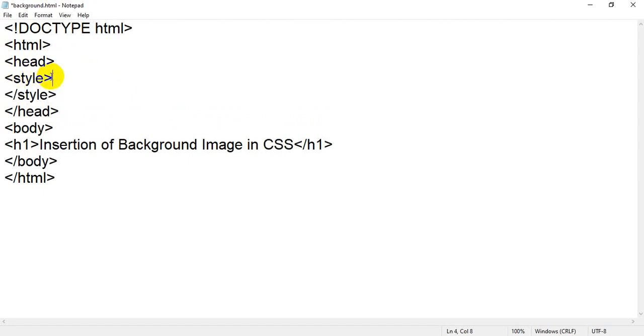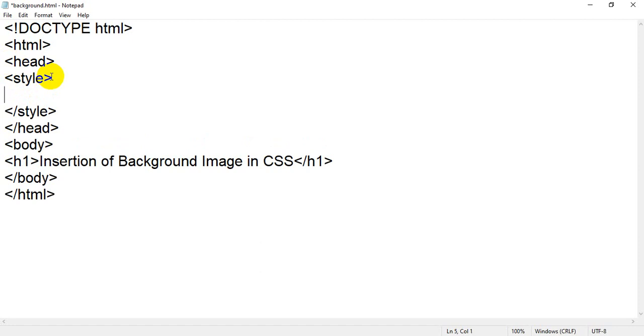Between that I am going to add a background. Where am I going to add the background? To my whole body. Please students, if you are going to add a particular image in your website, it means at any place of your website you can add multiple images, but here we are going to add a background image, meaning a single image will acquire the whole page. So in that case I am using a background image.